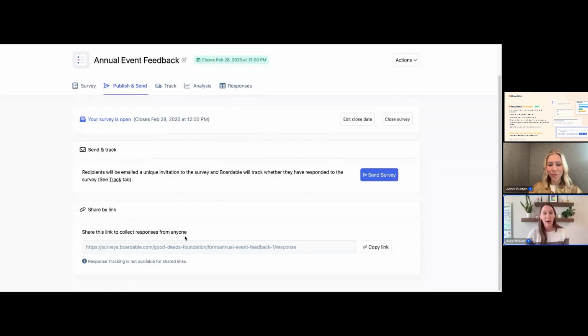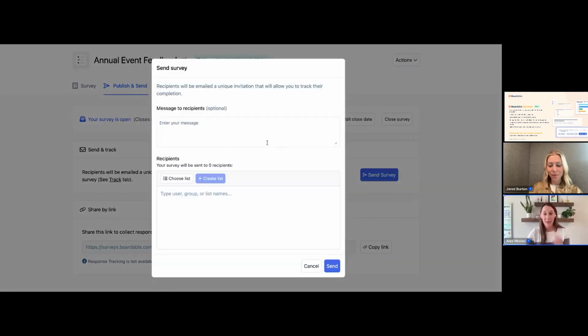So if you wanted to just grab the hyperlink and throw it in an email or somewhere else where you share information with the board, you have that ability to go grab that hyperlink and do that. But what we're going to share here is where it really is powerful from the board management side. And so I can say, please complete this by Friday, which will show up in the body of the text in the email that the recipients are going to get.